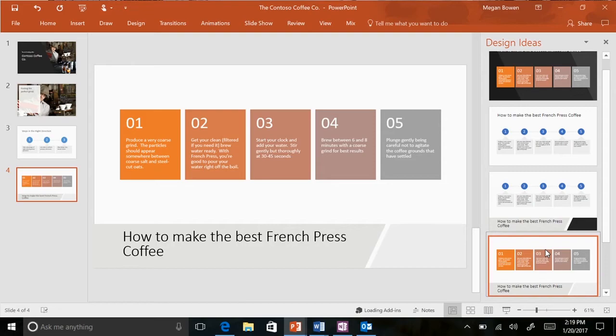So all these Designer ideas are recommended based on what the content is and what message you're trying to convey, and it gives you multiple options to go with. I don't know how many people have actually used Designer. It's a really cool feature, and if you're not big into PowerPoints, or even if you are, it's a very easy and efficient way to take a normal-looking PowerPoint, add some pictures, just add your basic content, and let it spice it up for you.